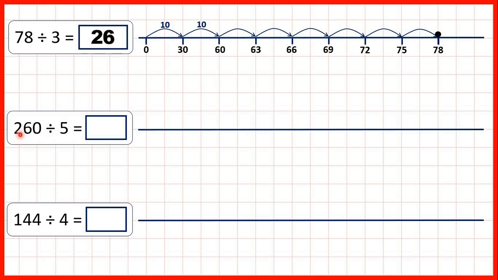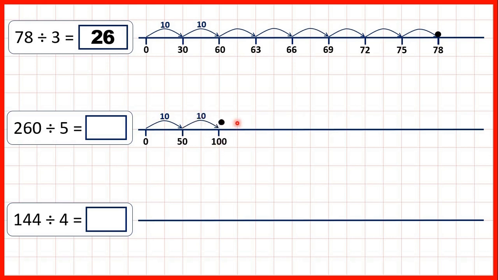Now we have 260 divided by 5. Again, it would take us a very long time to count up in steps of 5, so what we can do is make one jump of 10 times 5, so one jump of 50. But 50 still isn't very close to 260, so we can make another jump of 10 times 5